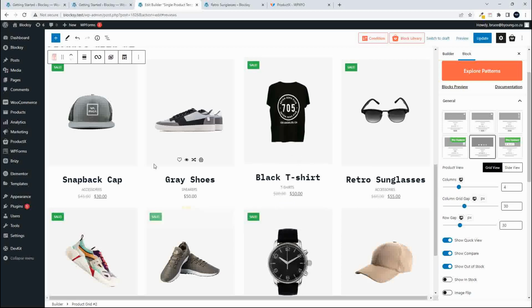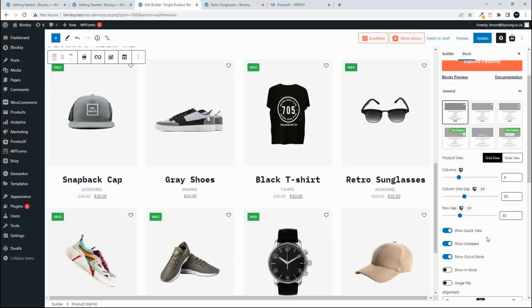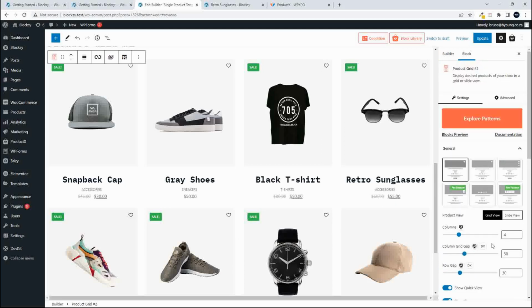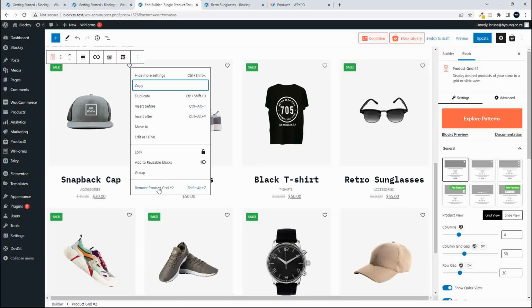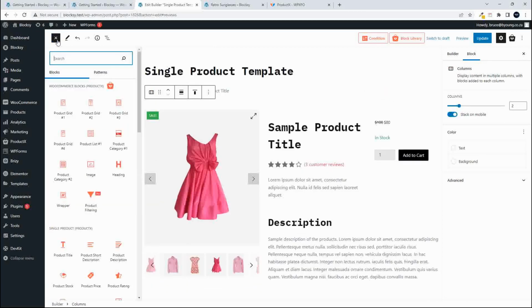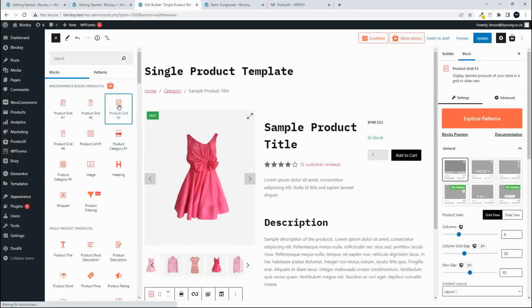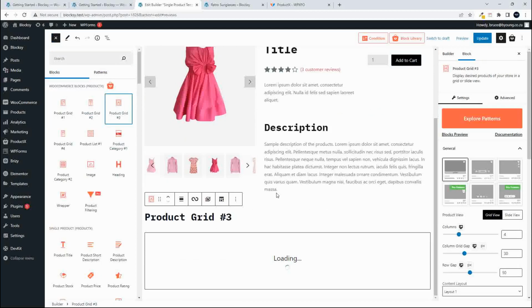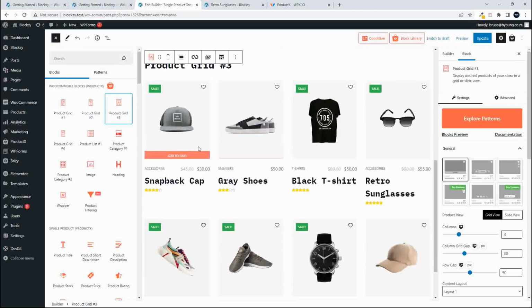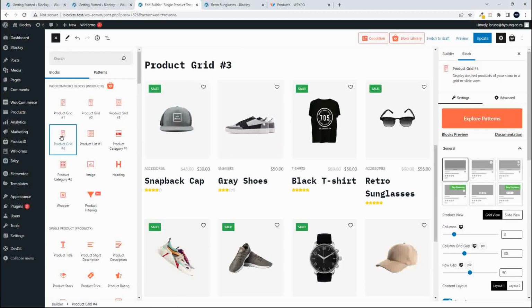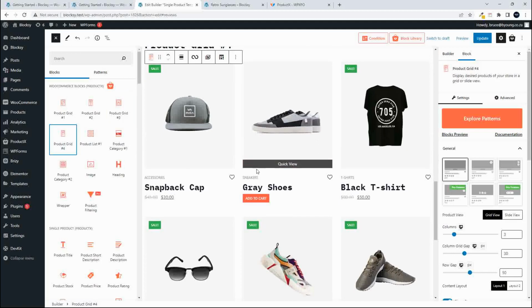Now, I'm not fond of the hover showing all this additional information, and I'd much rather prefer something simple. So maybe something like that. And I don't really want that funny hover effect. So I think what I'm going to do is remove product grid number 2, and I'm going to look at adding product grid number 3. So it's very easy. You just change the grid, and this one now has the slide up add to cart. Not crazy about that. Let's go to product grid number 4, and